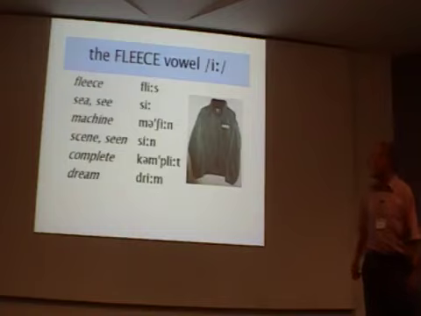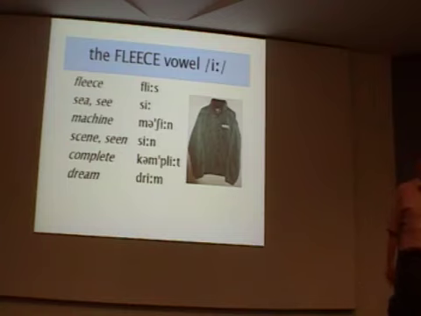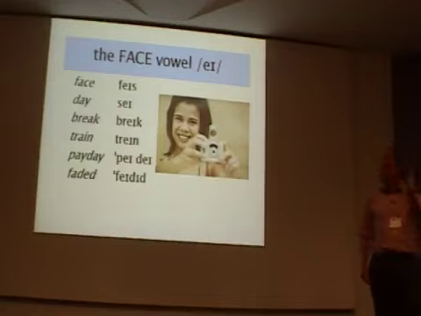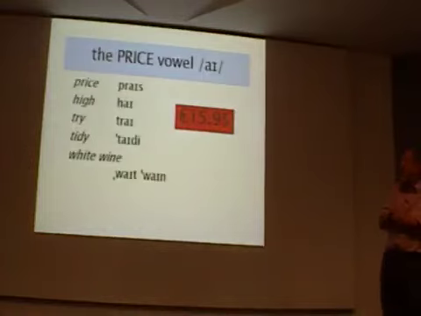Now what about the long vowels? Well, some of them are very easy. The fleece vowel: fleece, see, machine, seen, complete, dream. A, also quite easy. Face, say, break, train, payday, faded. And I: price, high, try, tidy, white wine. Those three vowels seem to be actually easy for almost everybody. We didn't spend too much time on them. Notice that